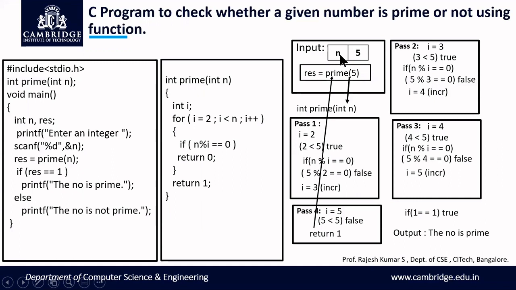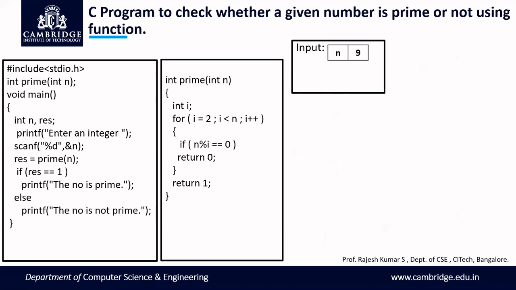So coming to the summary part here, again, n value is 5. We have to check from 2 till 4, that is one number less than this. Whether 5 is divisible by 2, 5 is divisible by 3, 5 is divisible by 4. We have to check. If it is not divisible, we tell it is a prime number. Coming to the next part of the program.